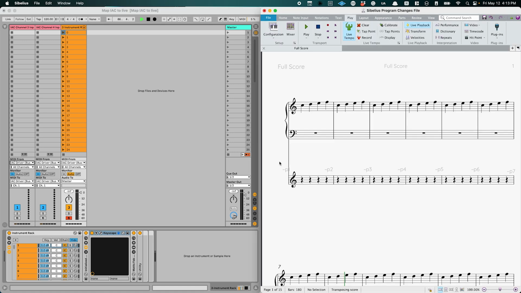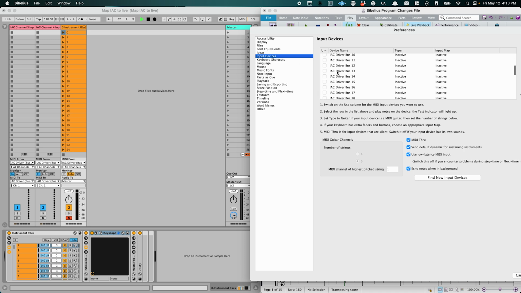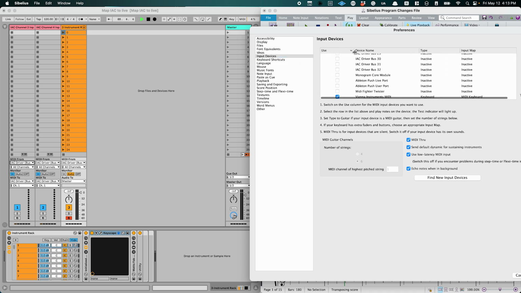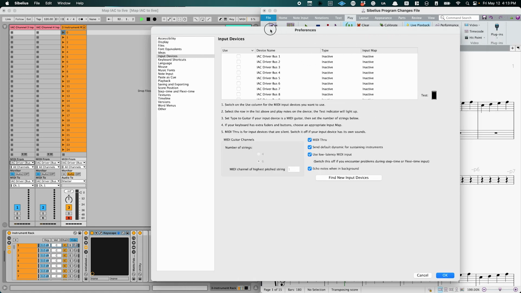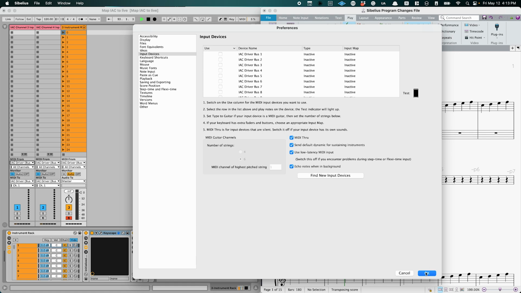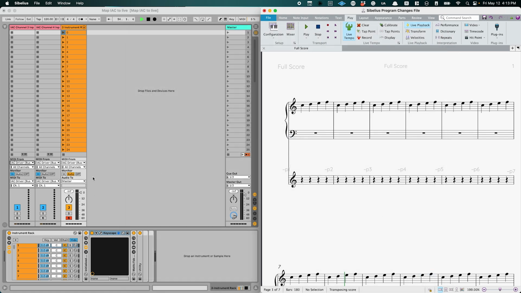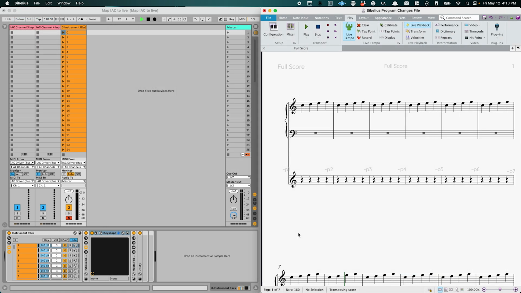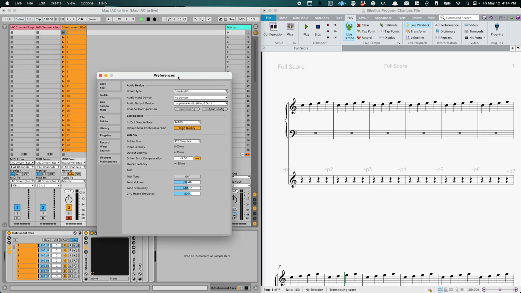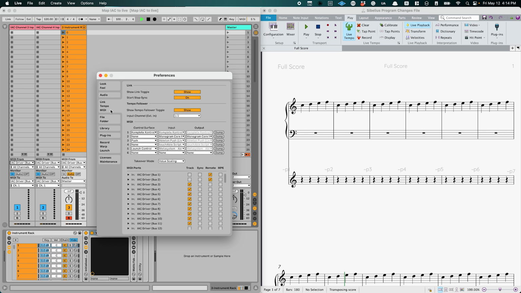And inside of Sibelius, I did have to turn off, which you probably all have set up this way anyways, but you have to turn your IAC buses off in terms of it receiving information, or you'll get that feedback loop. Ableton works the same way. So what I did inside of Ableton, there we go. So inside of Ableton, it's a little bit tricky because you have to make sure that